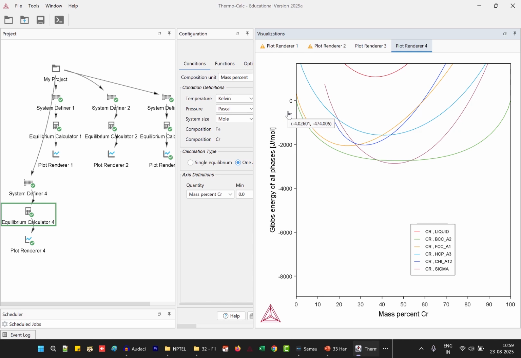So what we are plotting is only Gibbs energy with a different reference state, and now this Gibbs energy has become Gibbs energy of mixing. That's what you see. And sigma phase, you can see here nicely it is plunging down. This kind of diagram is what we have seen when we applied thermodynamics to materials and understood how Gibbs energy underpins the phase diagrams. So this is how you change the reference state in graphical mode.